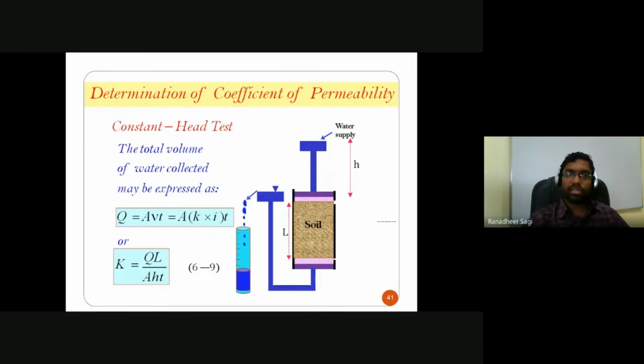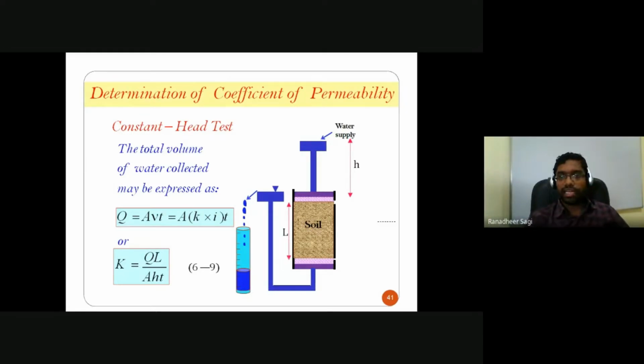So this is what I can substitute here, where capital Q, if I divide it by time, I can also write it as small q, which is nothing but flow rate. So capital Q is nothing but small q into time, where small q is area of cross section into V. What is this area of cross section? It's a cylindrical soil sample. So the cross sectional area of the soil sample is your capital A, and V indicates here the discharge velocity, or the average velocity with which the flow is happening through the soil sample.